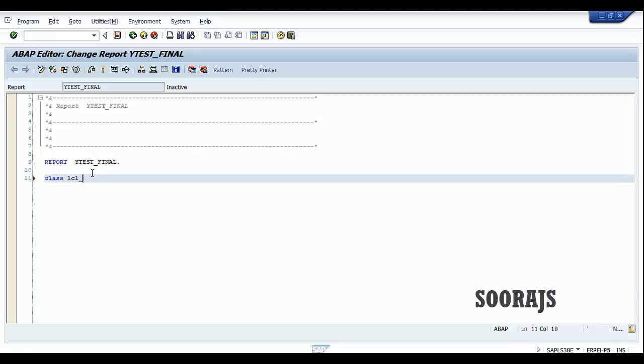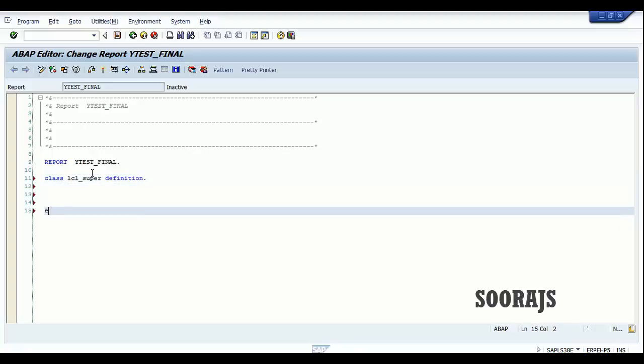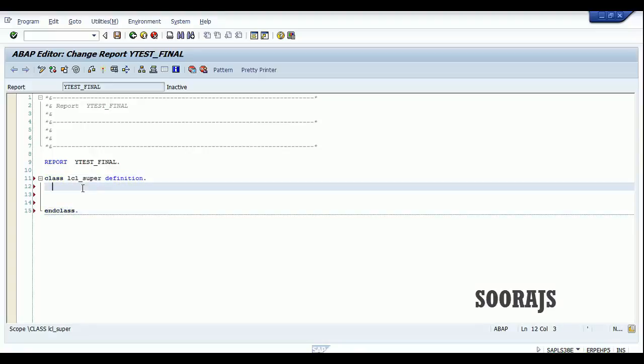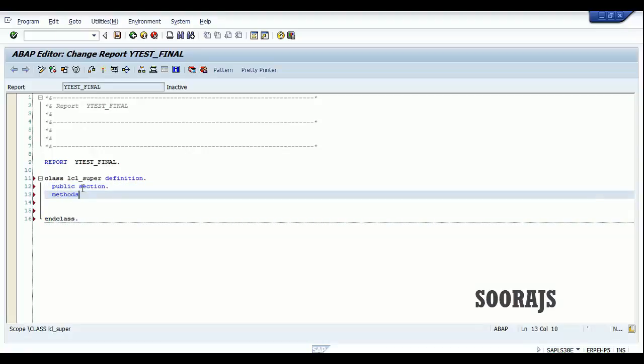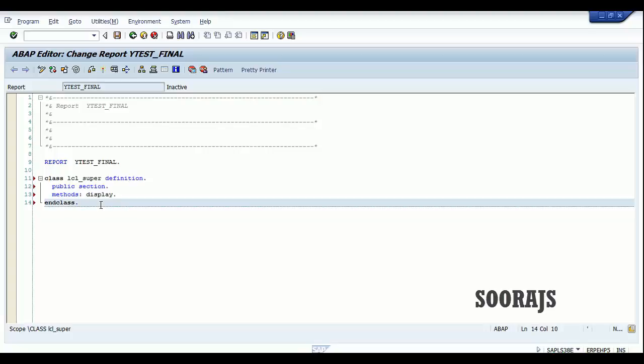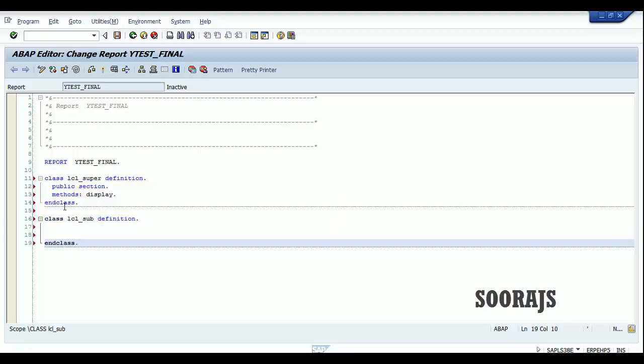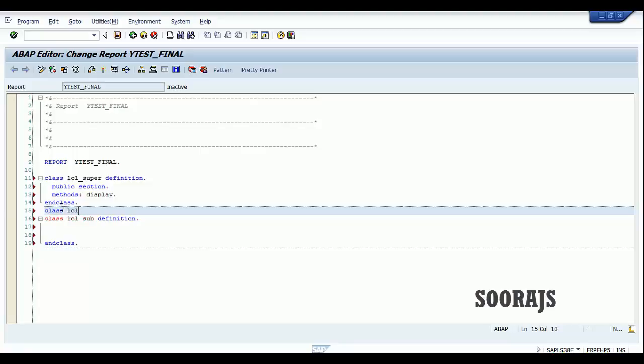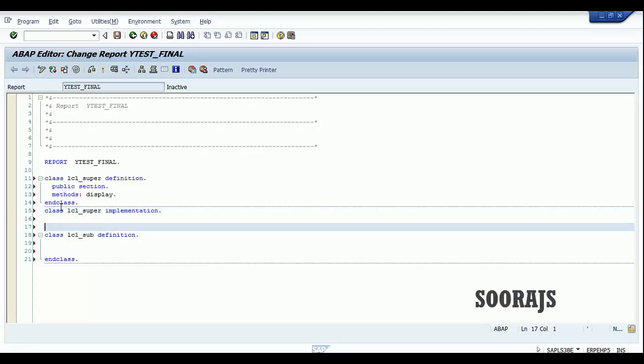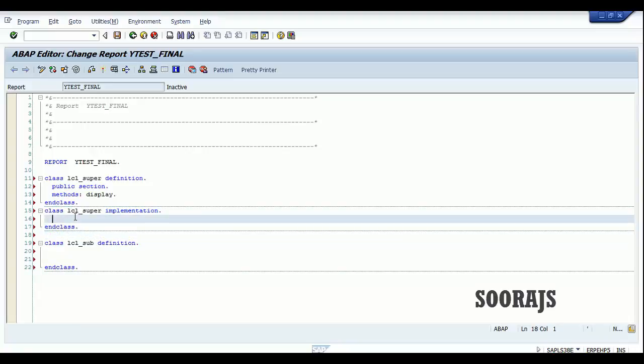I'll declare a local class, a superclass, okay? And in the public section, I'm going to declare a method called display. And I will try to make a subclass for this superclass as sub definition end class. And let me implement this LCL_SUPER, because I have a method called display in that. So inside this implementation, let me try to implement my method display,